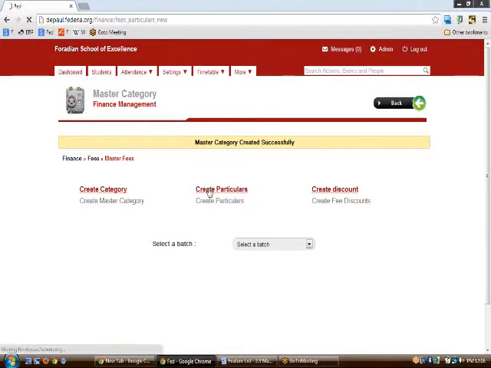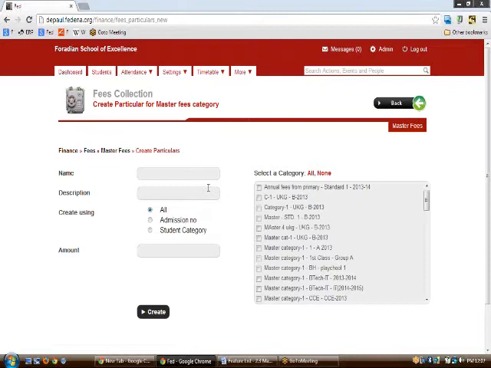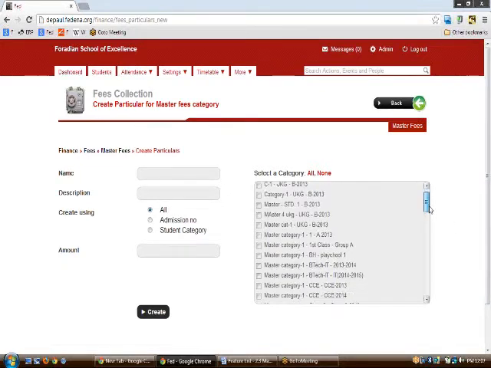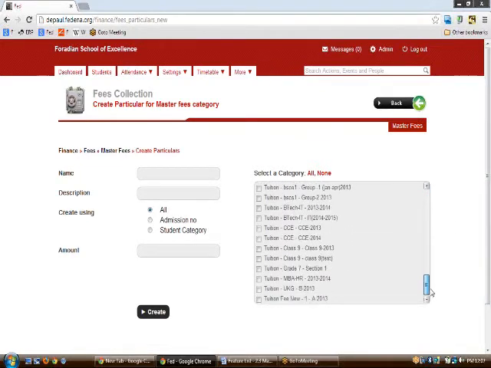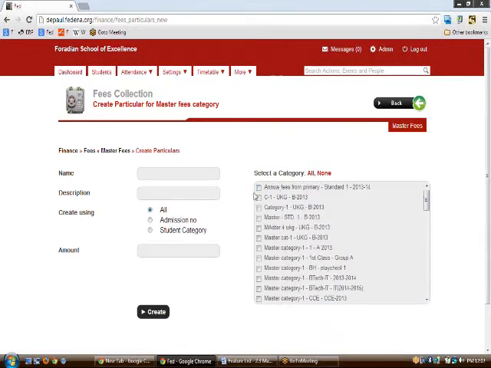So once the category is created, as we have created category 1 under UKGB 2013, which can be available here. So now once the category is created, all you need to do is just stuff particulars into that category. So particulars can be something like the sports fees, the computer fees, the academic fees, etc.